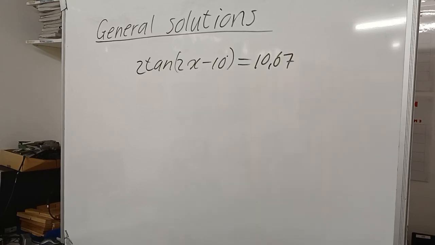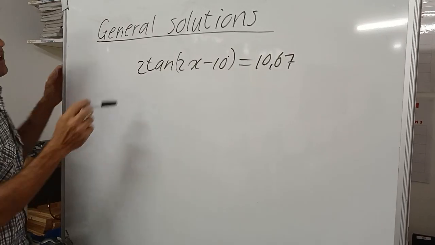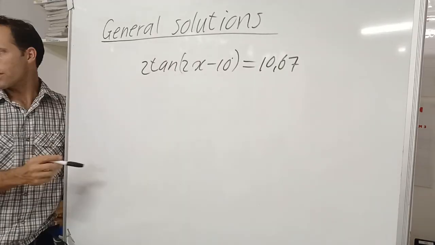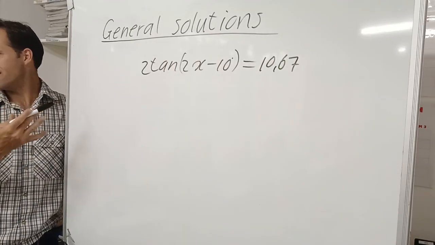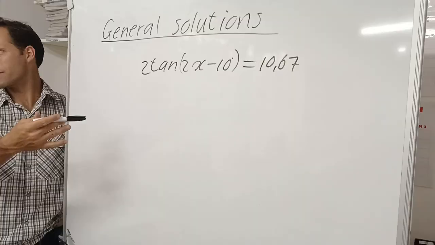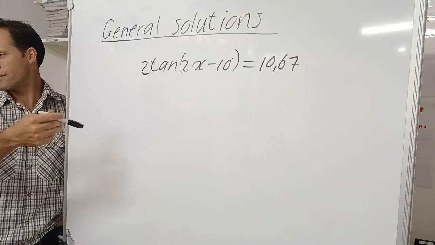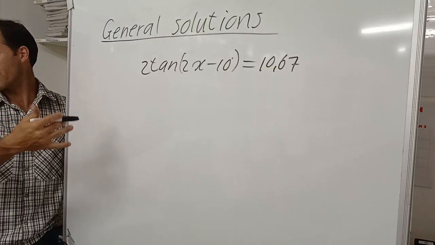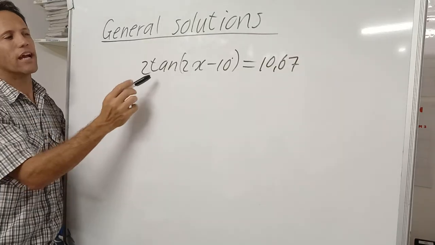Okay, so we're going to look at solving general solutions now with tan, but we're not going to start with an easy one. We're going to start with a more difficult one because you understand the reasoning now of the plus 360 times n, element of Z, why we add 360 times n. That was what I wanted to explain, why we need to add that. So what do you think we add for tan?